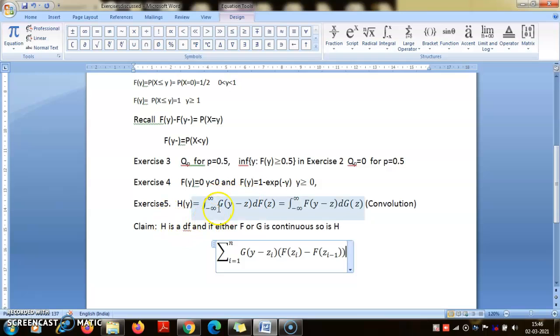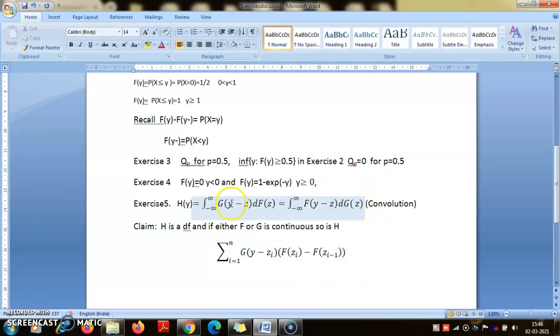And so the story is that this is again a distribution function, and this distribution function is called the convolution of these two distribution functions, and if one of them is continuous, then the resulting distribution function is also continuous. So the last argument probably I should write: if g is a continuous distribution function, by DCT, the dominated convergence theorem,